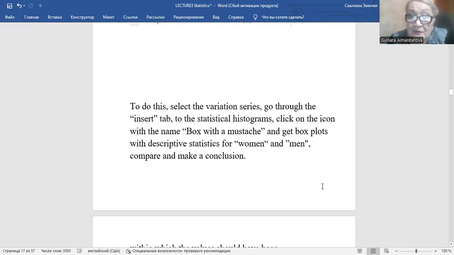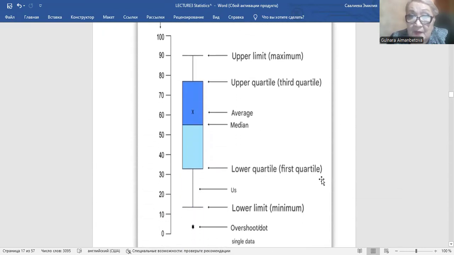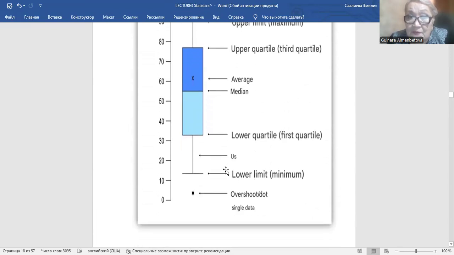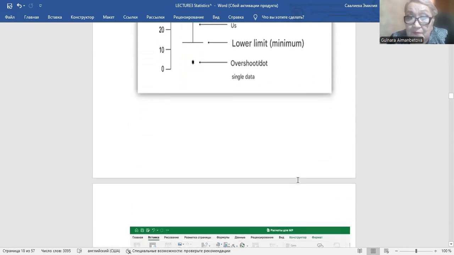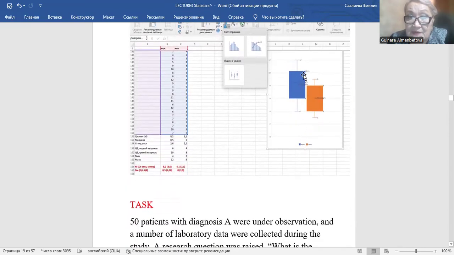Compare and make a conclusion. You see here we have the upper limit, upper quartile, third quartile, average, median, lower quartile, and lower limit, minimum. And we see